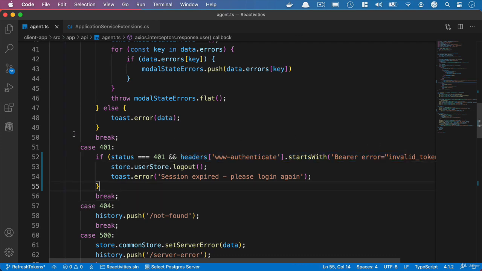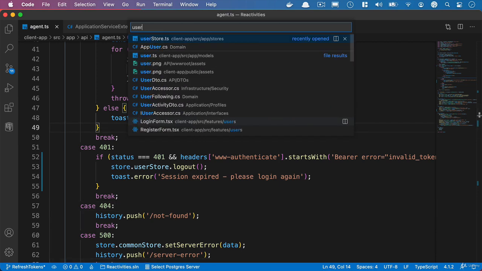And we won't do anything else with this 401, because once a user is authenticated, then their token is going to be valid for all of the areas of our application. We don't have anything that a user could not be authenticated to. And if their token is invalid, then we're going to log them out and ask them to log back in again. And when they're on the form, of course, then they're going to be getting the response directly from the server. So now we've taken care of the agent file, what we're going to do is head over to our